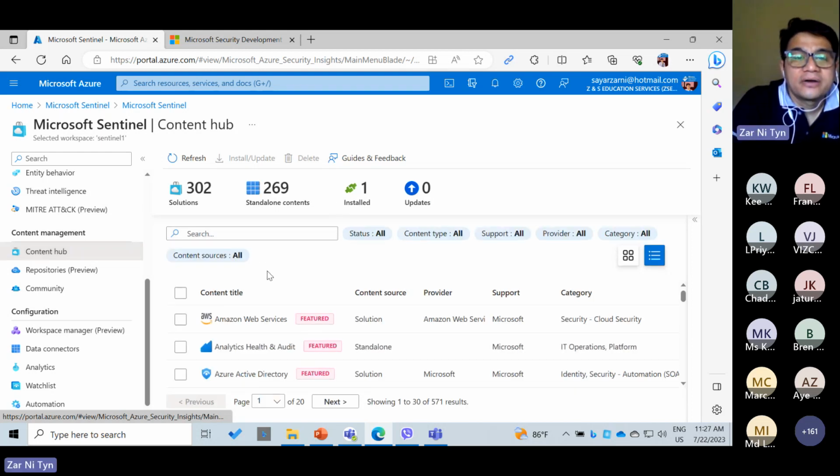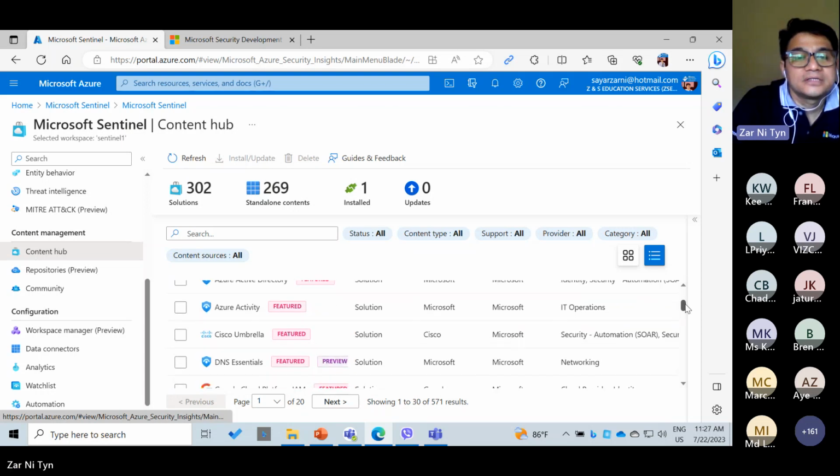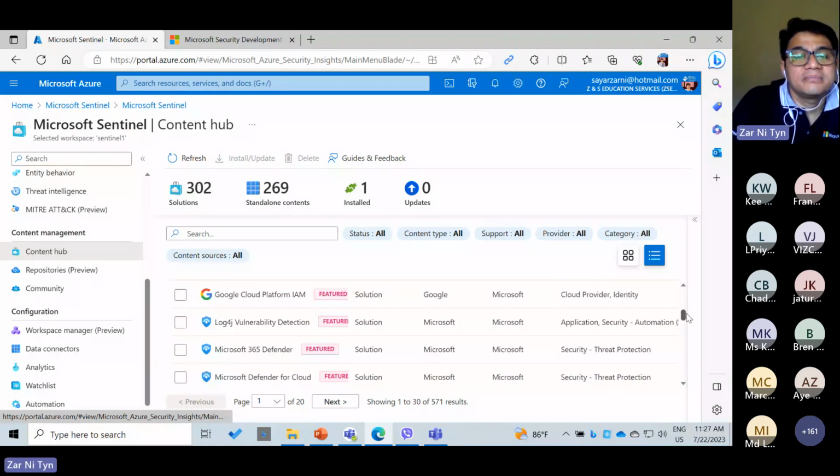You can see not only Microsoft products, you can see Amazon, and other products, Cisco, and Microsoft